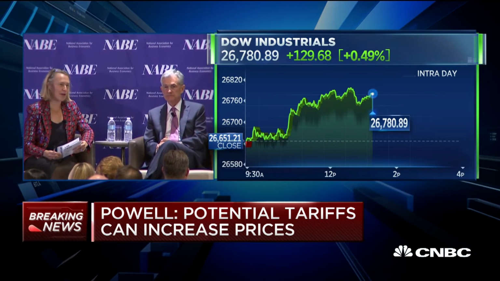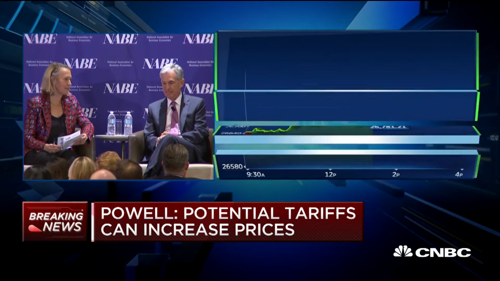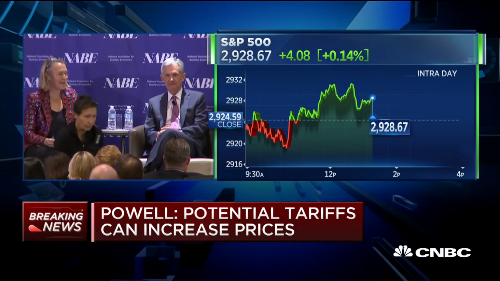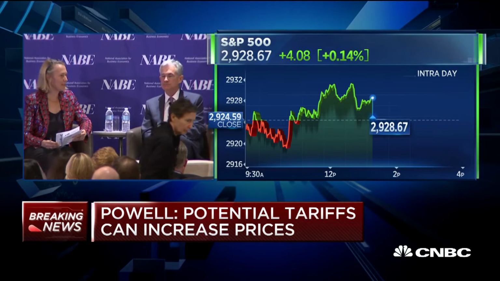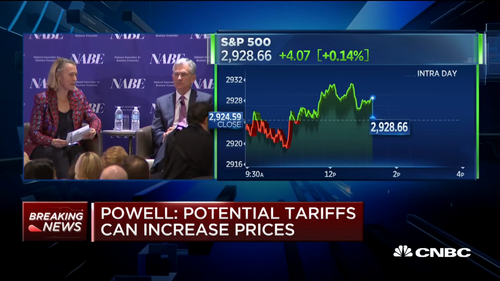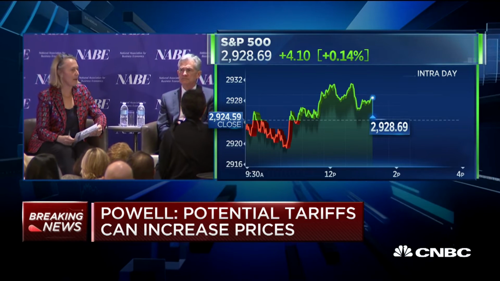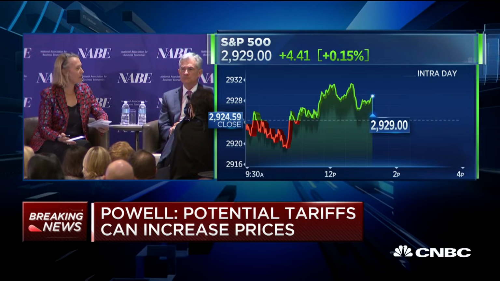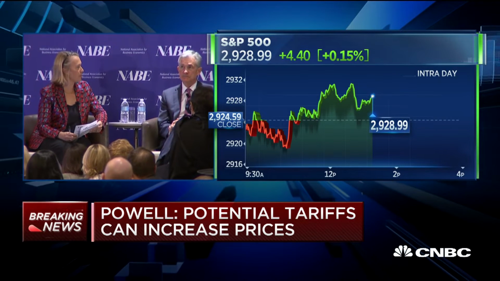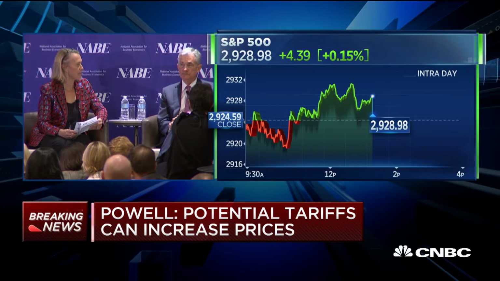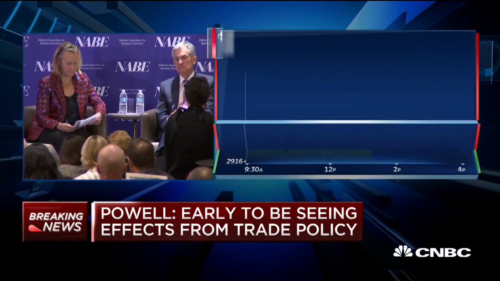One of the favored indicators of, I think, all economists in this room is the shape of the yield curve. And we've certainly seen the yield curve start to flatten over the past year. My question is, how do you interpret the shape of the yield curve, and how should or should it not inform Fed policy?